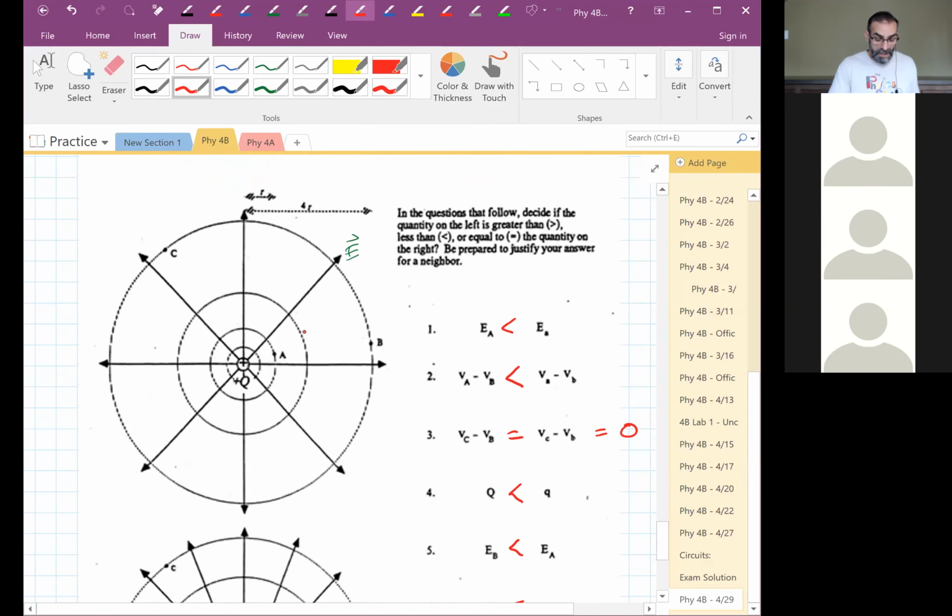And so what do we call these surfaces? Equipotential surfaces. So everywhere on that surface, the potential is the same because we're moving perpendicular to the electric field when we're on that surface. So the electric potential does not change. Okay,